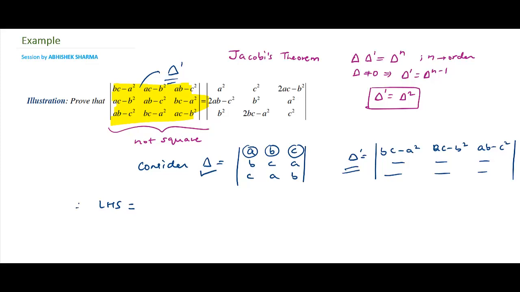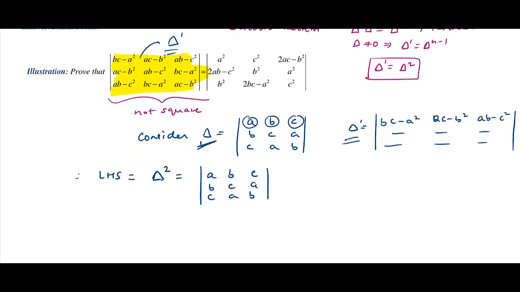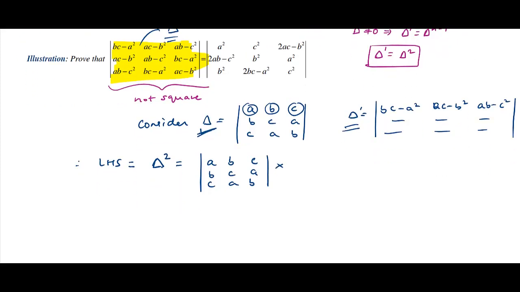Hence I can write the left hand side is equal to delta square, where delta is this given determinant, and therefore this should be equal to the determinant A, B, C; B, C, A; C, A, B into